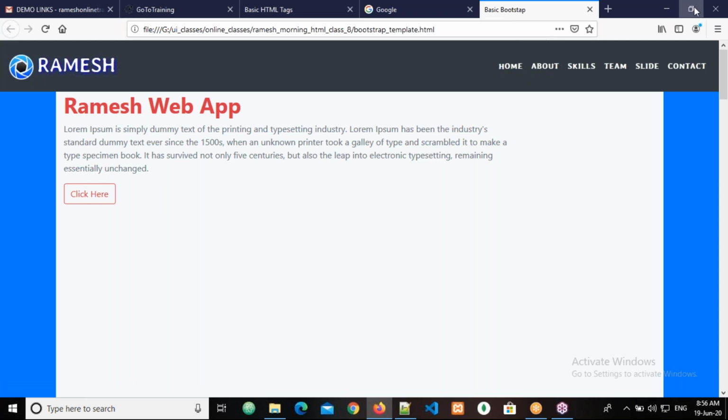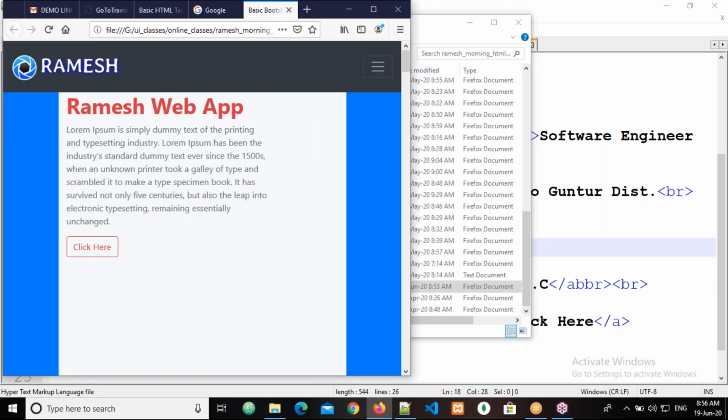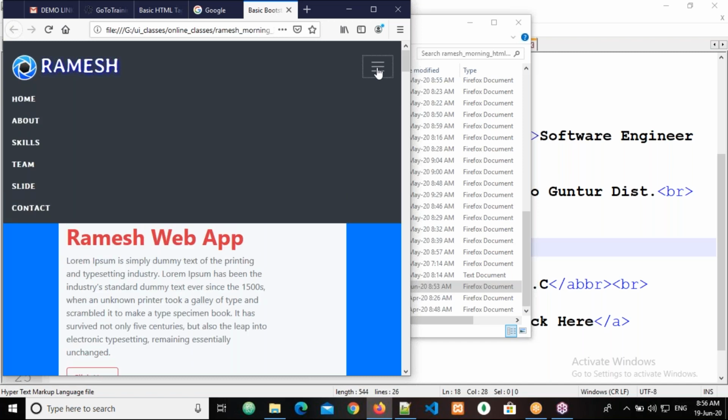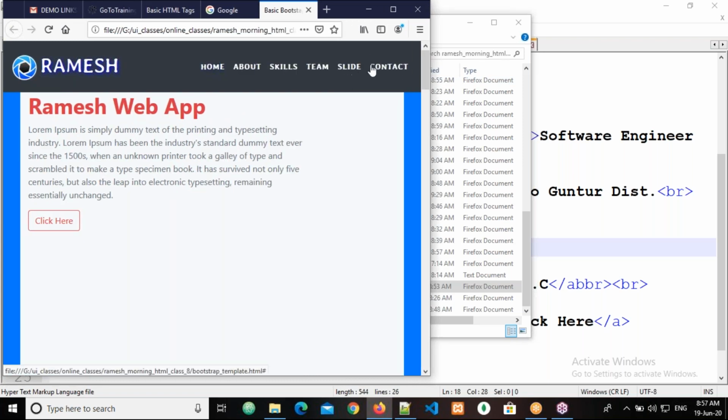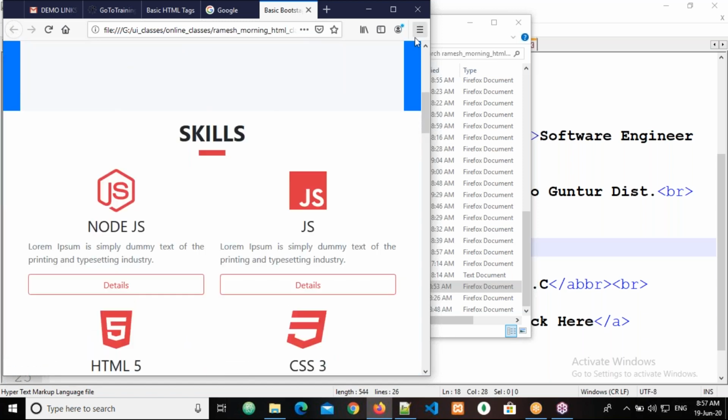And to check if it is responsive or not, minimize it. See there, whenever I have minimized it, this menu is coming like a button. Whenever I click, only then the menu is opening, not by default, and it is automatically sliding down. And when you click here, the menu goes away. When you increase the size, the full menu is opening. But on small scale devices, that means only in mobiles, the button is coming. When you open this page in mobiles, it will come like this only.